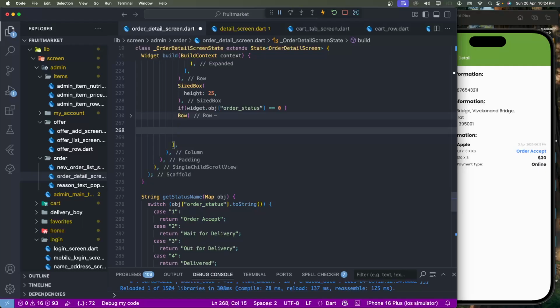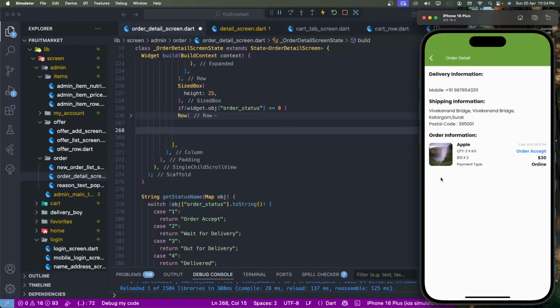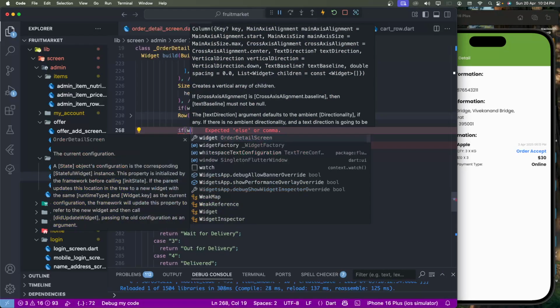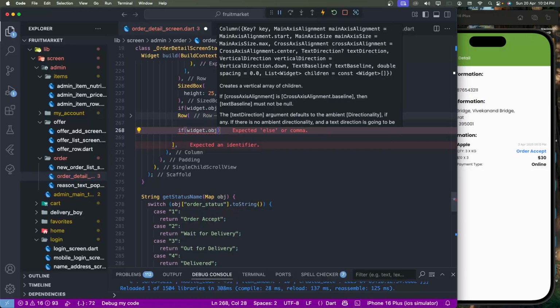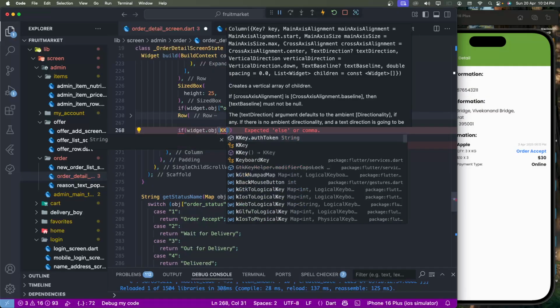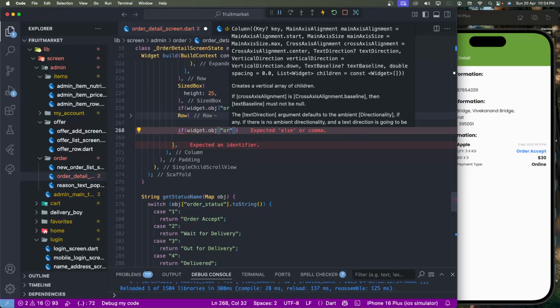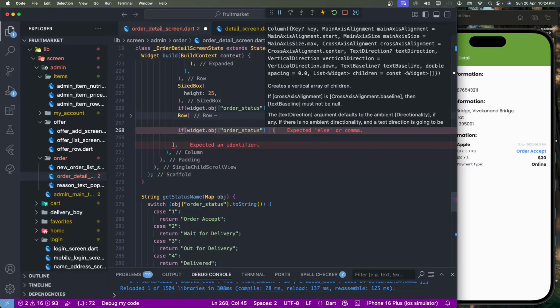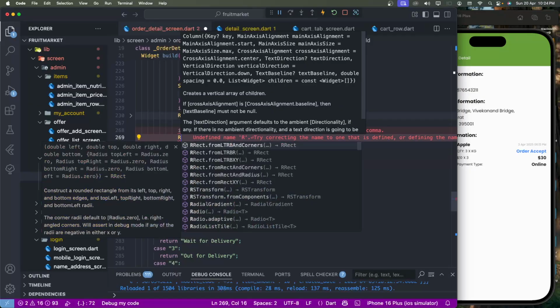Now we need to assign the delivery boy. We need to make buttons for assigning the delivery boy. So we need to select and pick the delivery boy and update it here. Now we need to set the if condition on widgets.object.status, the order status.status, equal to 1, which means accepted, and we need to set the